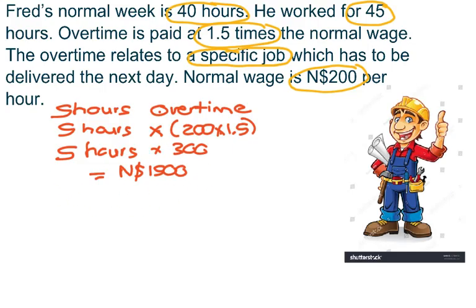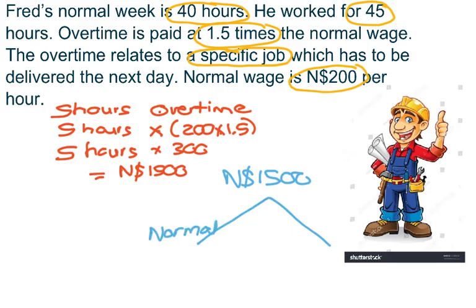But how do I account for this? First of all, I take my 1,500, my total amount, and now I divide it into my premium and my normal wage. So my normal wage, I know this is a direct labor cost. Direct labor cost. All right. And then I have my